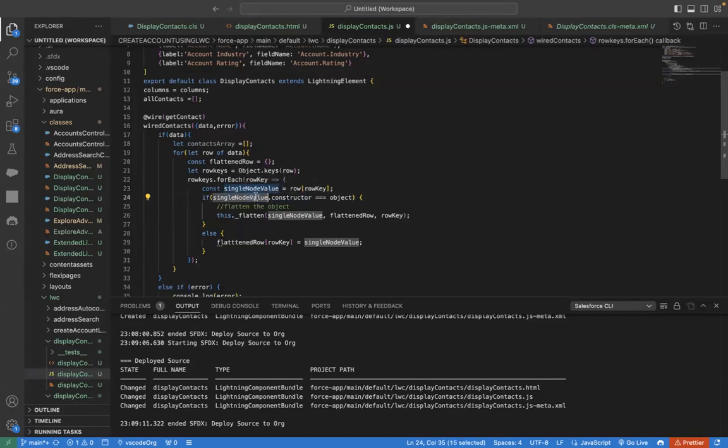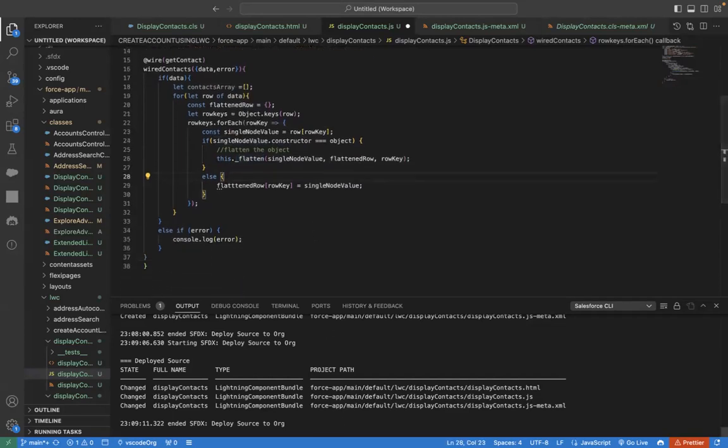If this single node value dot constructor is an object, then we need to flatten it. Okay, then we need to flatten that particular row. If it is not an object, it will directly store all those values in this single node value, and we'll push those values into this flattened array. Okay, so now the next step is,